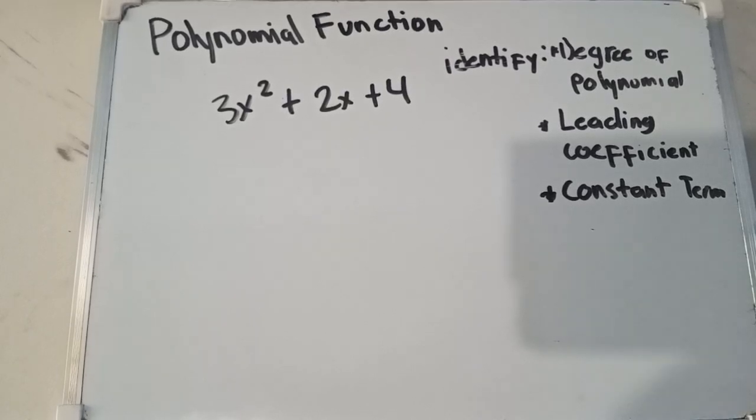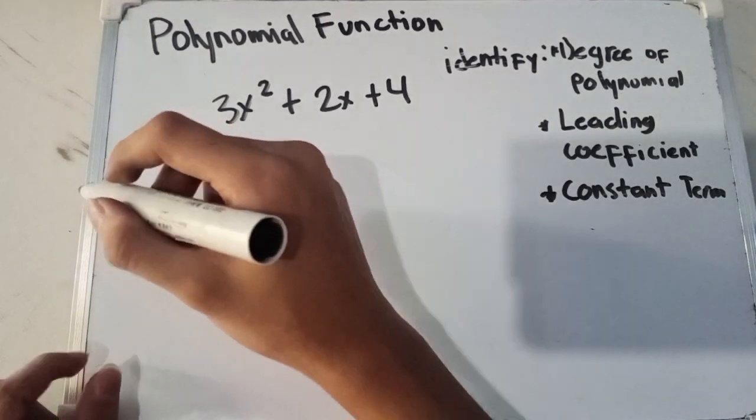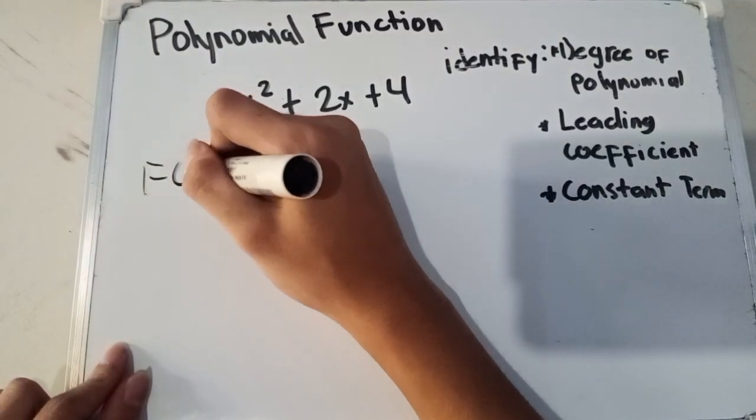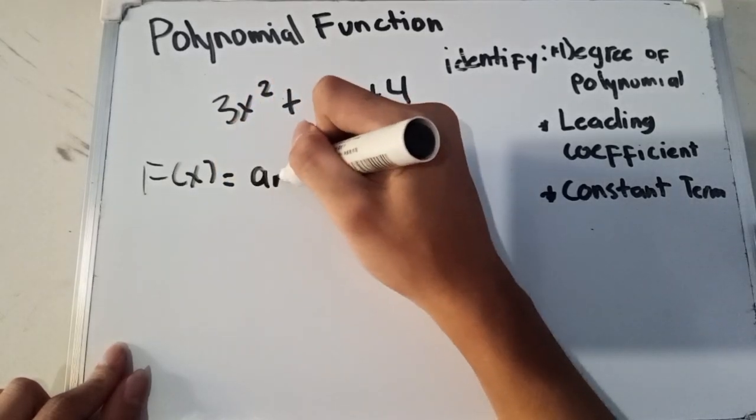So we are tasked to identify the degree of polynomial, the leading coefficient, and the constant term. But first, let's know what is a polynomial function. So a polynomial function has a general form that looks like this. So f of x is equal to a n,